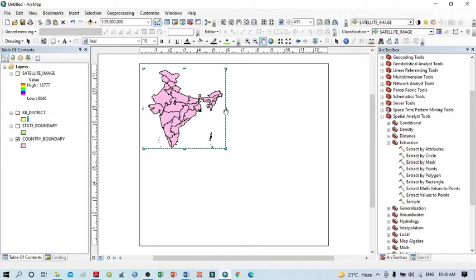Okay, it's okay. Within this I also want to show the state boundary. So you can simply click here. You can see here within the country, we can also highlight the state boundary. Okay,